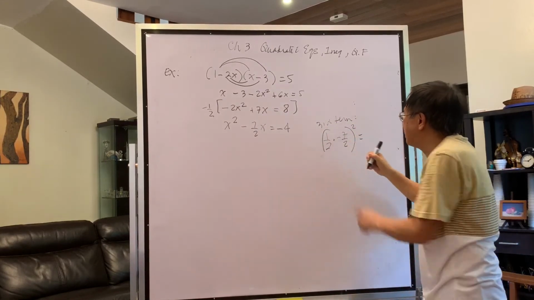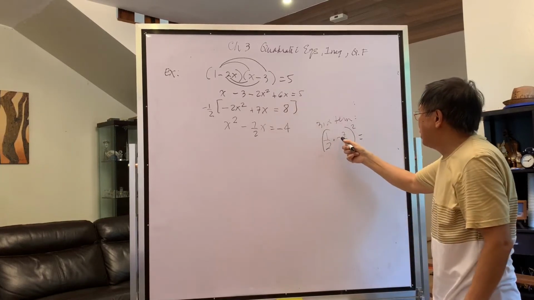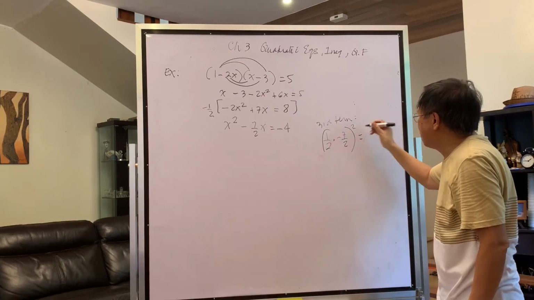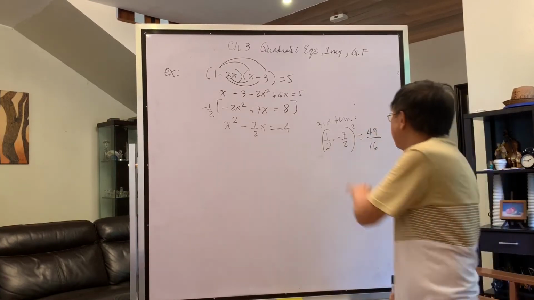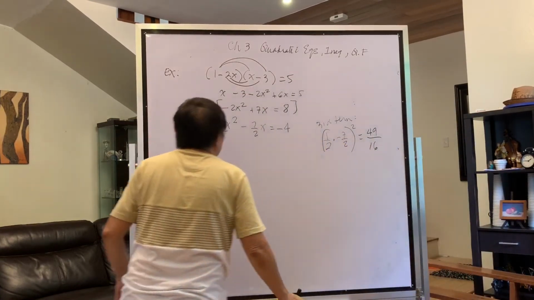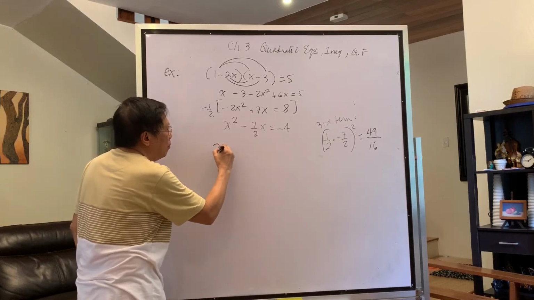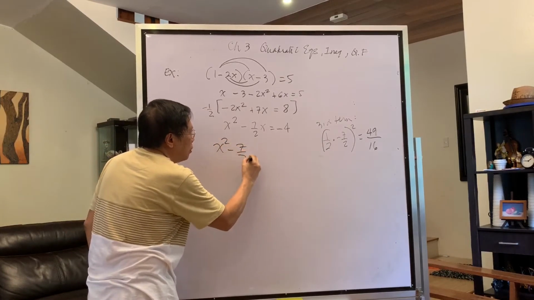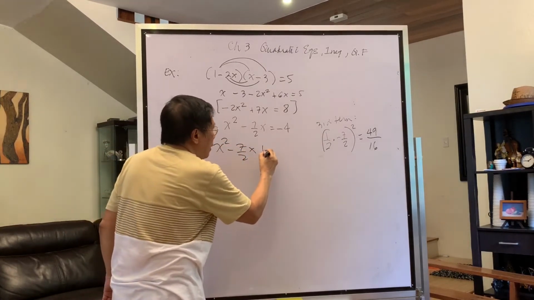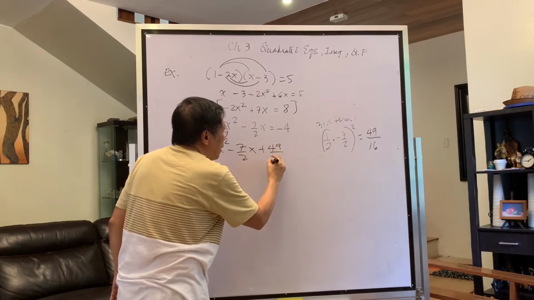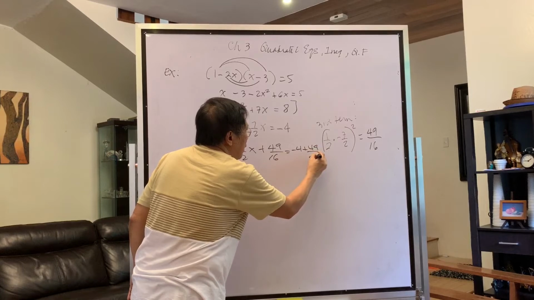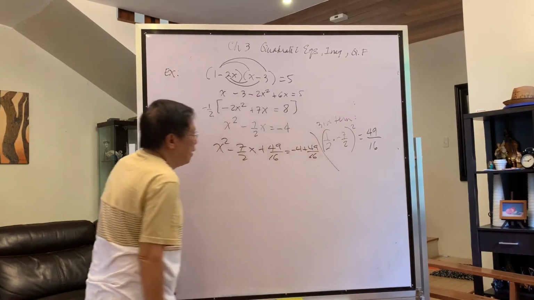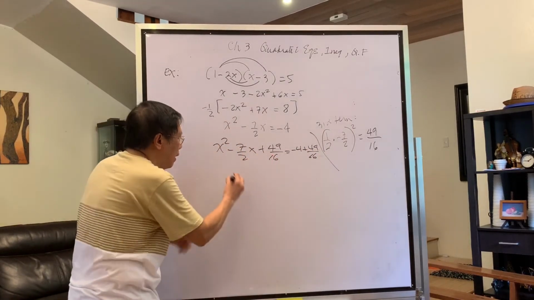You have to memorize this formula. So, this is negative 7 over 4, squared, that becomes 49 over 16. This is the term that we need to make the left-hand side become a perfect square trinomial. So, again, by APE, I'm going to add that same number to both sides of the equation. And now, I can express this as